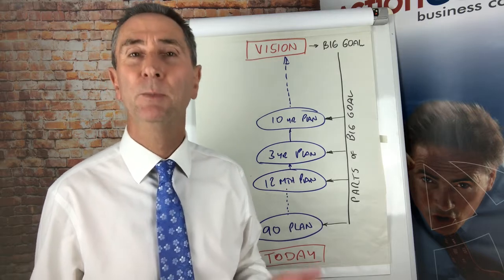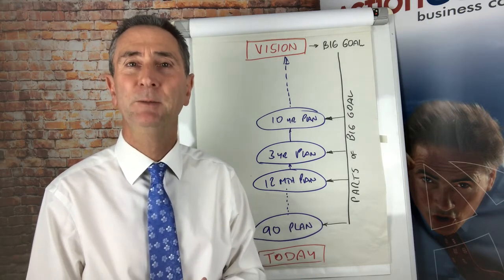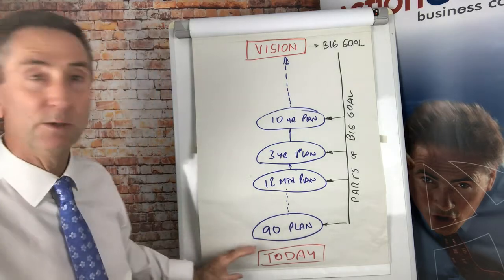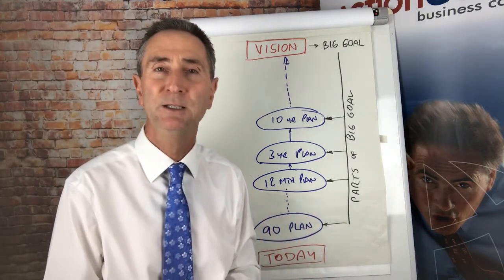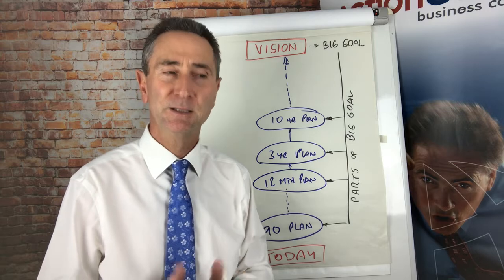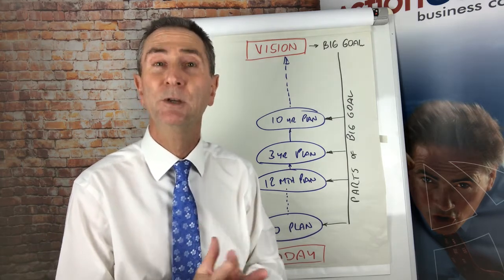did last week on planning, and an interesting question came back from feedback. It's all very well, we worked on the vision and we know where the business wants to go, and we know where we are today and what we need to do to create a nice 90-day plan. But what about this other bit, this big bit in the middle? That's an interesting question which I have to admit I hadn't covered before, so I thought let's go into